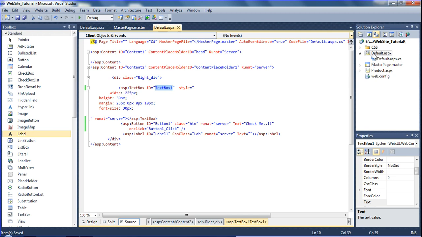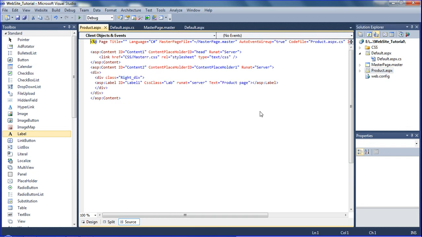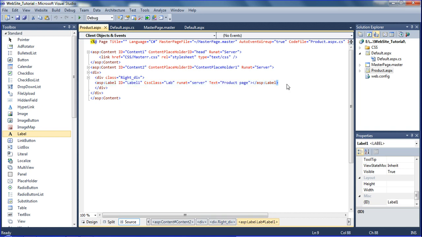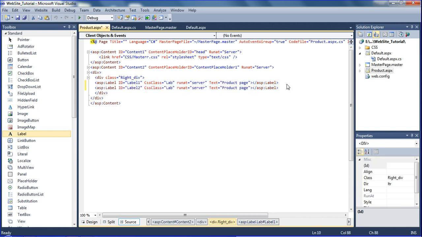We take data from this default page to the product page. Here we have the product page, like this. The label is here. In this label I just copy it and again declare it, Control P. I understood what I am doing here. This text I erased here, Control S. So label 2 is declared here.